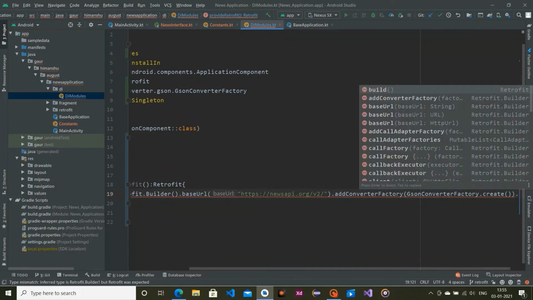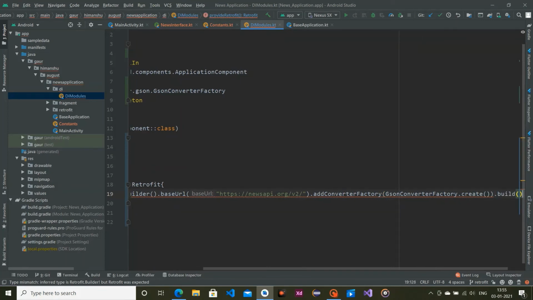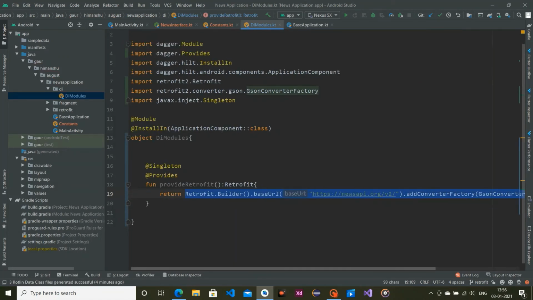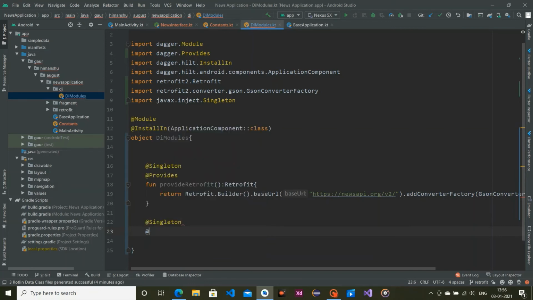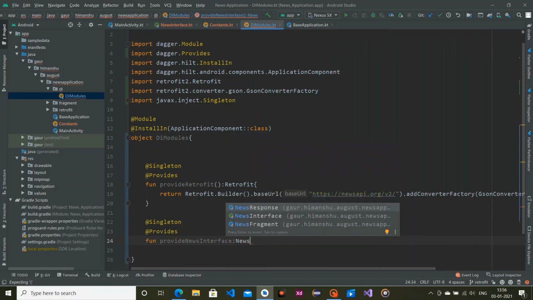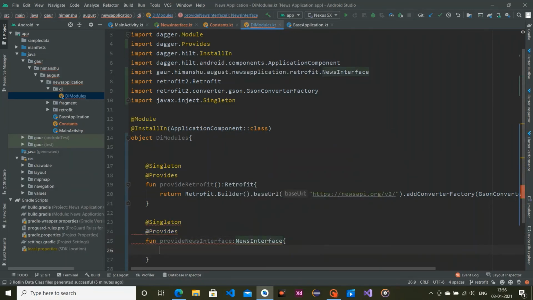and after that we have to build this, and by using this Retrofit we are going to create our network interface, NewsInterface actually. So provides fun, so it will provide our NewsInterface, which is of type NewsInterface.